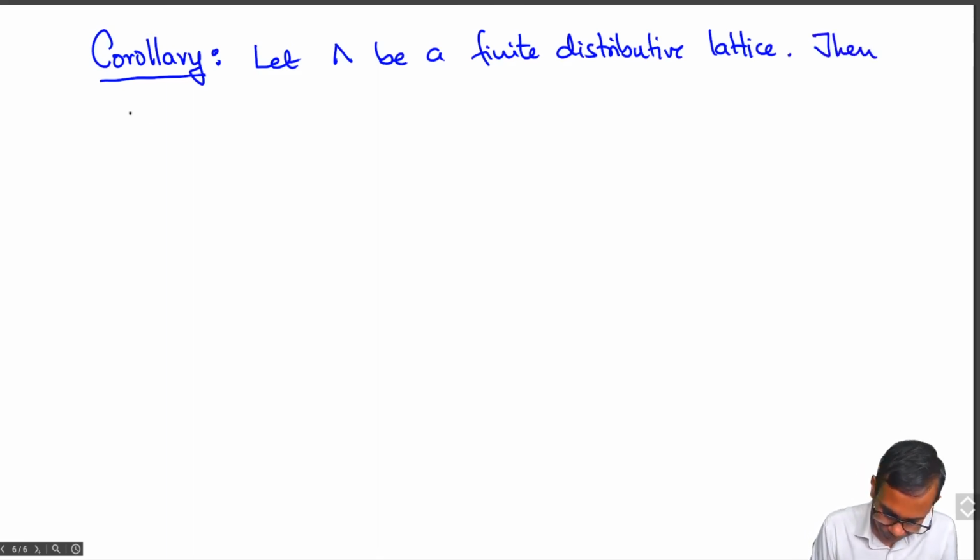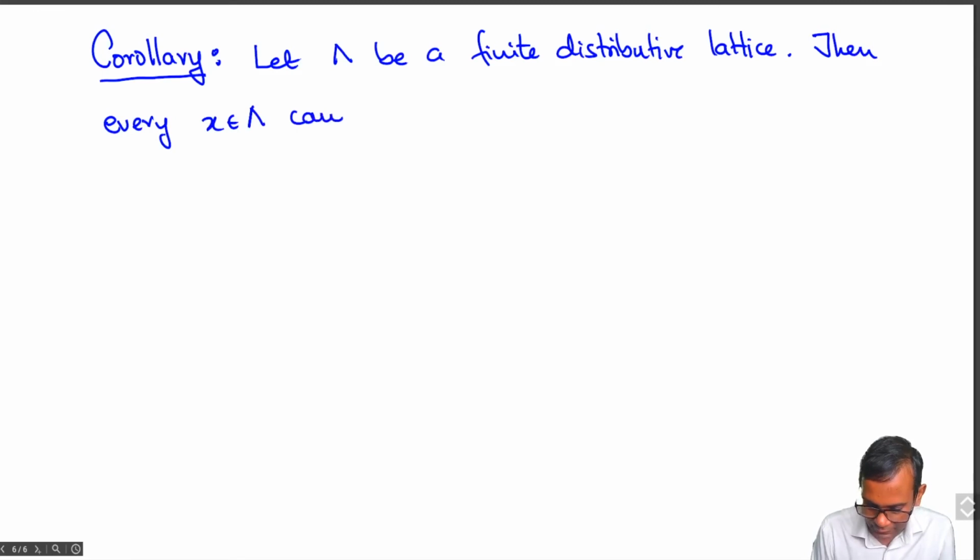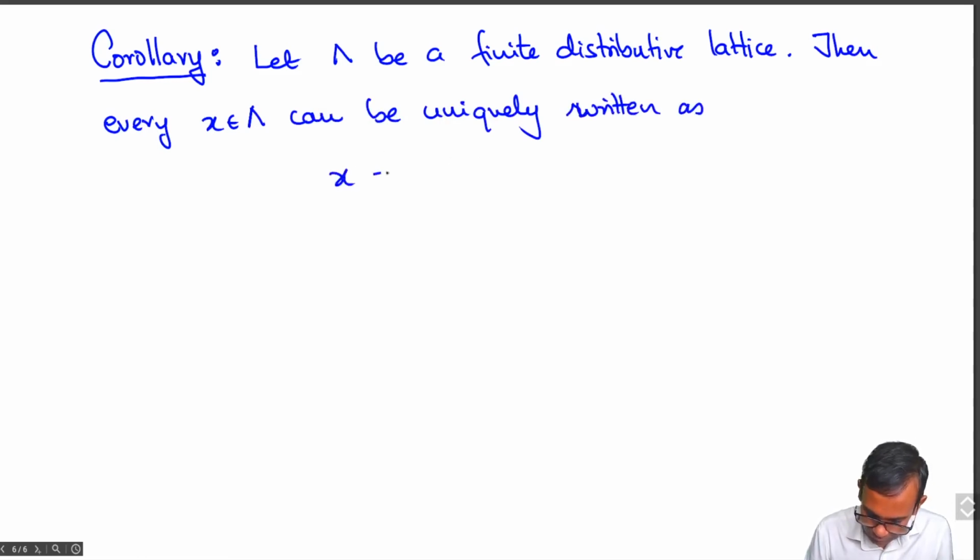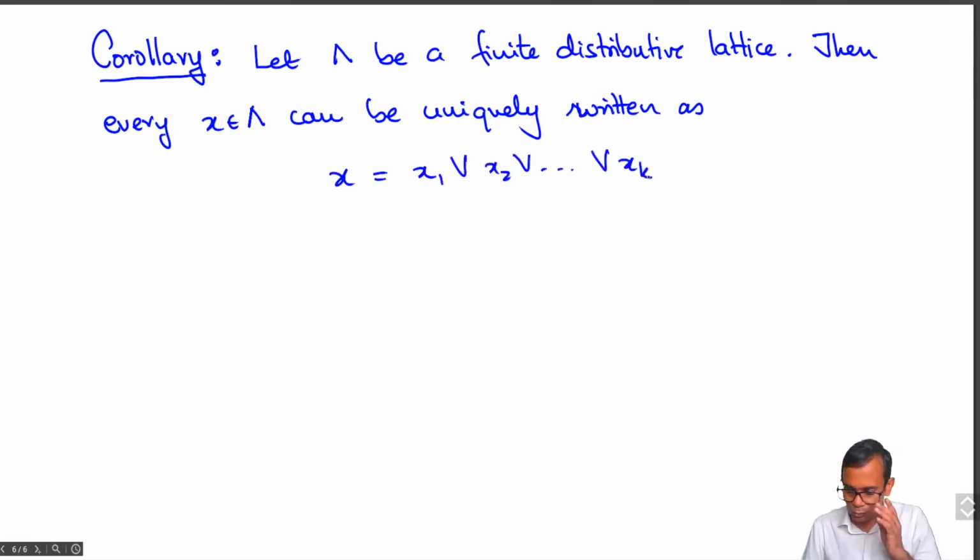Then every x belonging to lambda can be uniquely written as x equals x1 meet x2 meet xk, but we need to discard some very